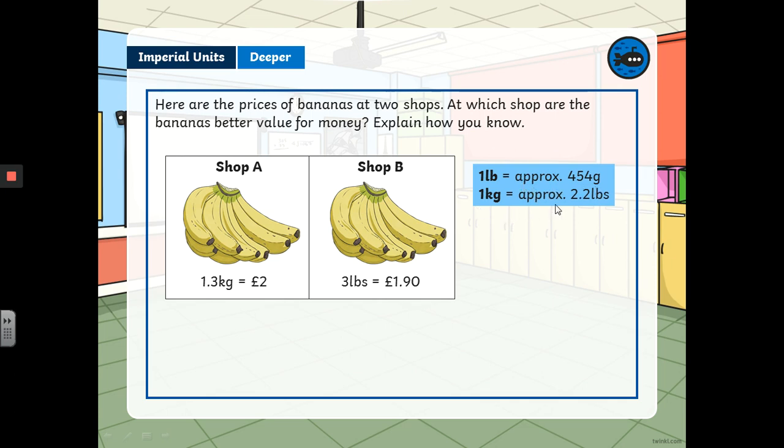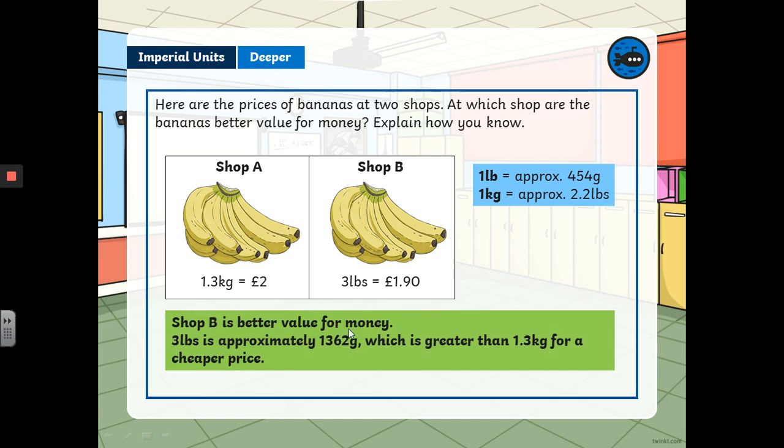1 kg is approximately equal to 2.2 pounds. Shop A has 1.3 kgs for 2 pounds. Shop B has 3 pounds for 190 pounds. Okay. Shop B is better value for money because 3 pounds is approximately 1362 grams, which is greater than 1.3